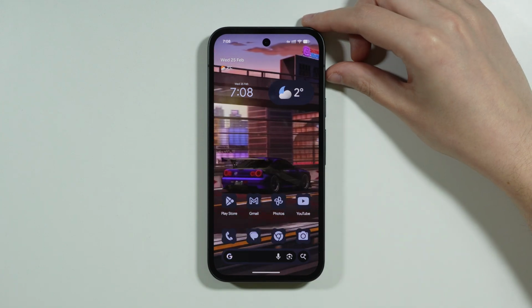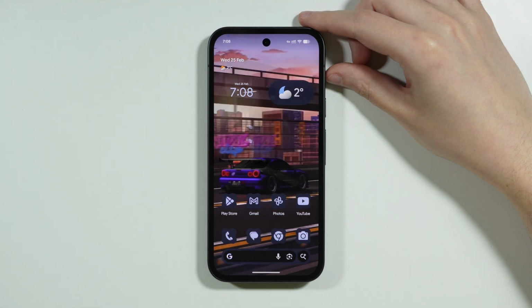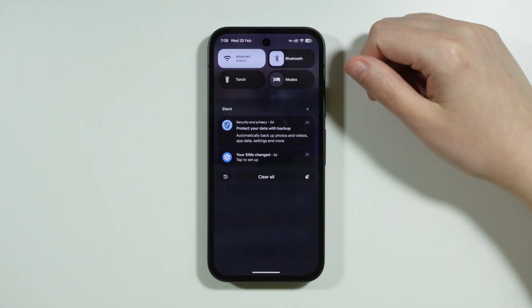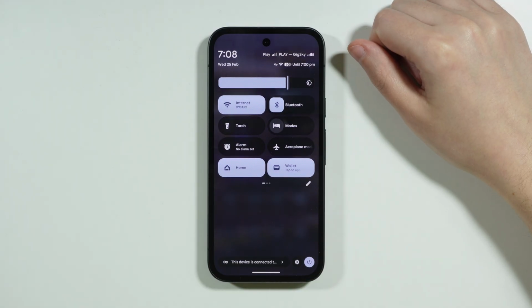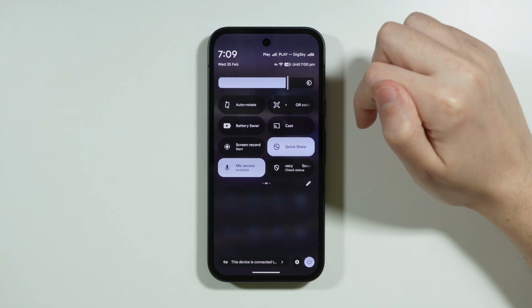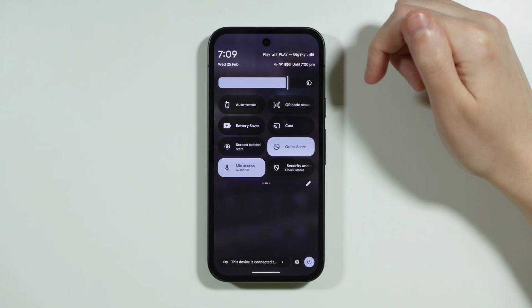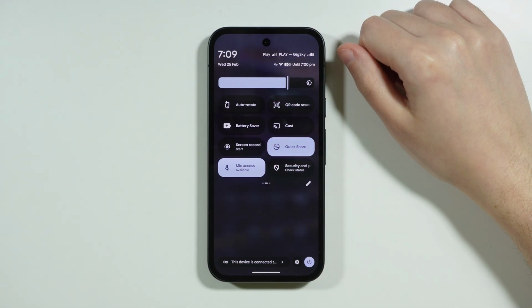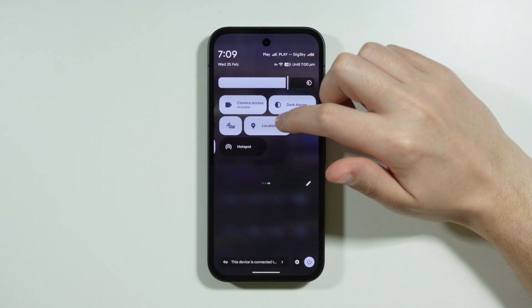If you want to record the screen on Google Pixel 10a, first of all, we need to go to the Quick Settings panel or the Control Center. And then in here, you might be able to find the screen recorder. In my case, it was already added, but if in your case, it is nowhere to be found, you can